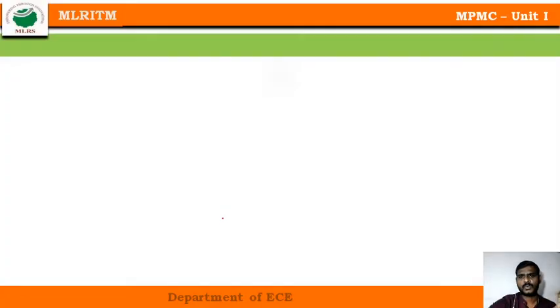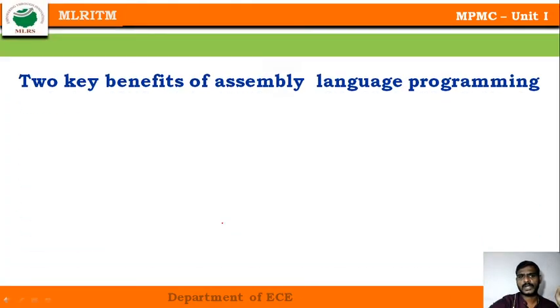Okay. Now let's see what is the benefit of writing a program in assembly language. In simple words, we can say that it takes less memory. Why? Because we are writing the code in terms of mnemonics, which means that it will take very little memory. In the case of a high level language, if I write a program, it consumes much memory, because it needs to be converted using a compiler or interpreter. It needs to be converted to the machine level, converted into the assembly level.